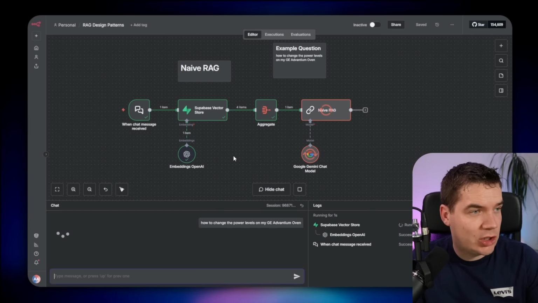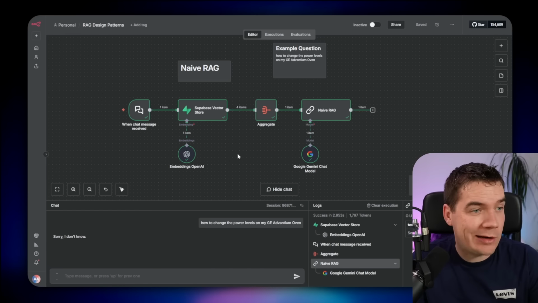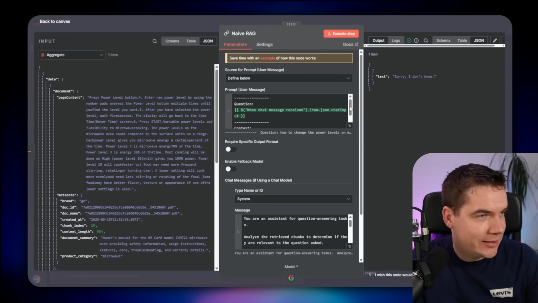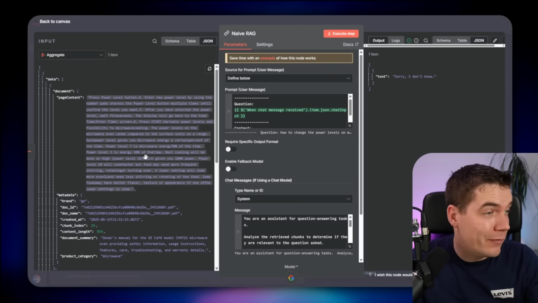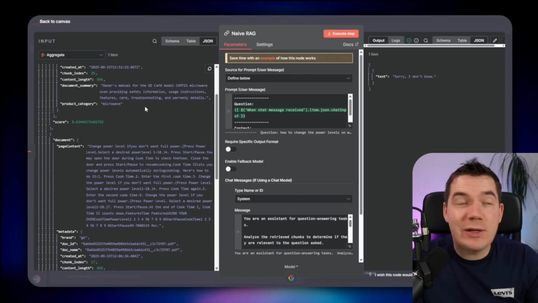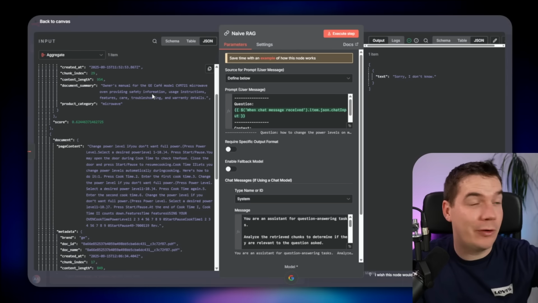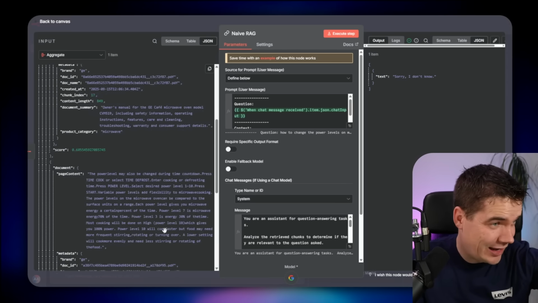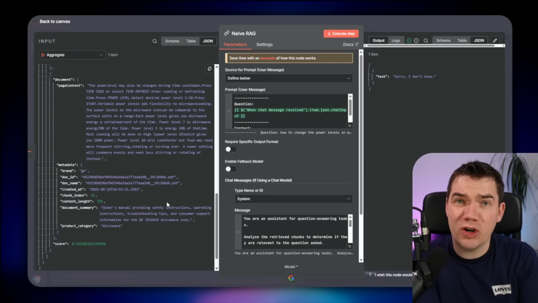So if we ask this question, you'll see that we quickly get chunks from the vector store, quickly get an answer, the answer being, sorry, I don't know. And the reason for that is that the chunks that we got back from the vector store are not relevant. You can see that the chunks are related to a different GE model. There's a Cafe model, it seems, here. Again, a Cafe model. So it has returned chunks that are related to power levels of an oven, but